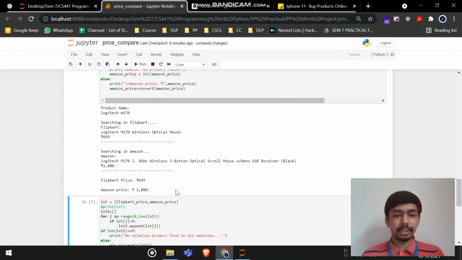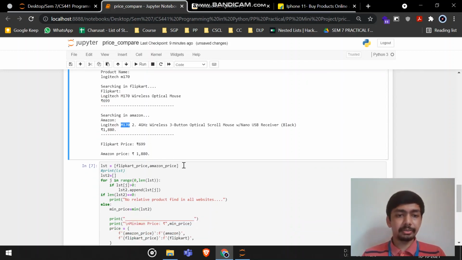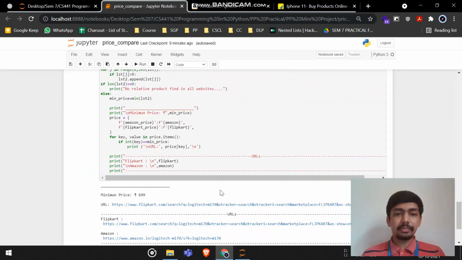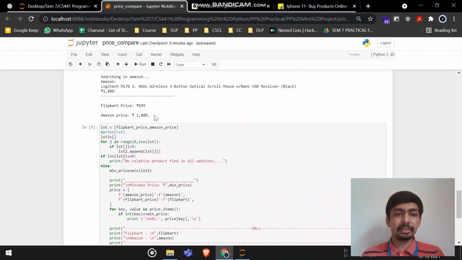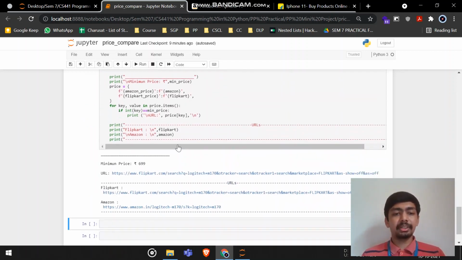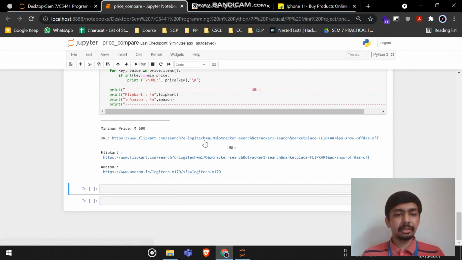Here we can see that the price from Flipkart is 699, and from Amazon it's 1880. So we buyers can make the decision from this, whichever website is providing an affordable price, and here we can also see the link of that.